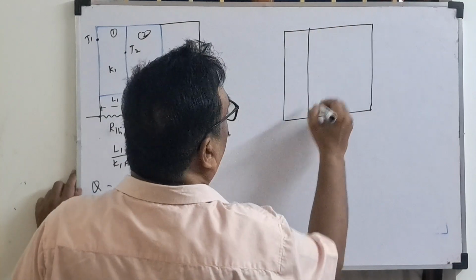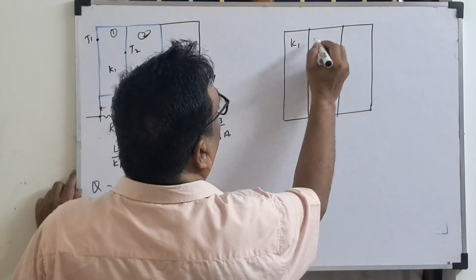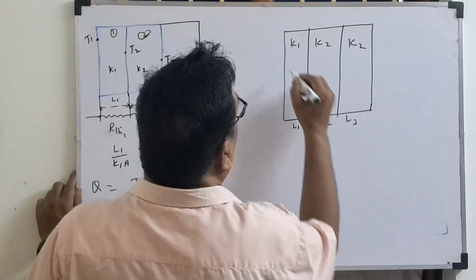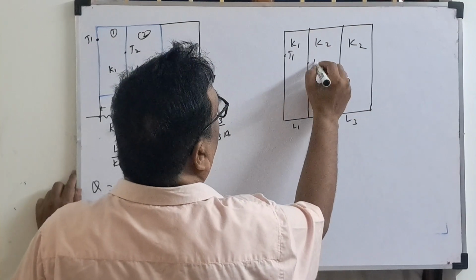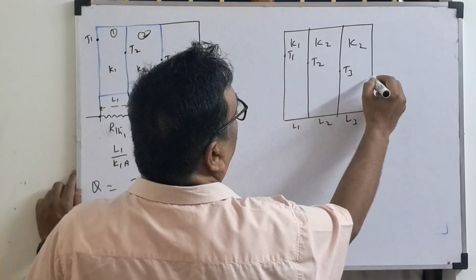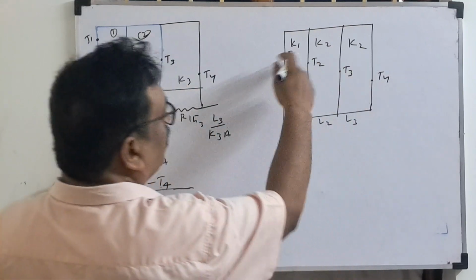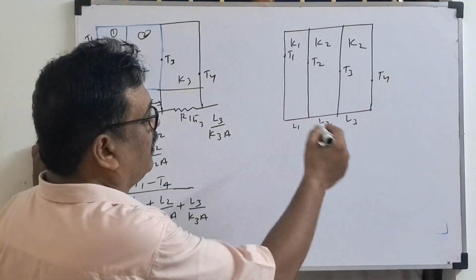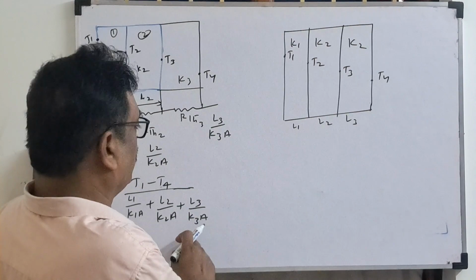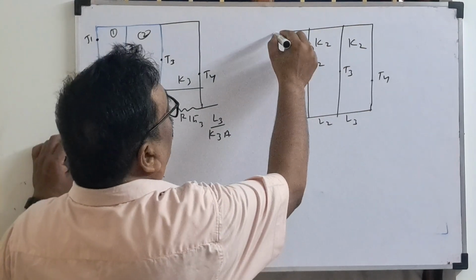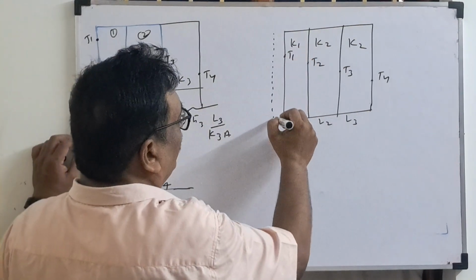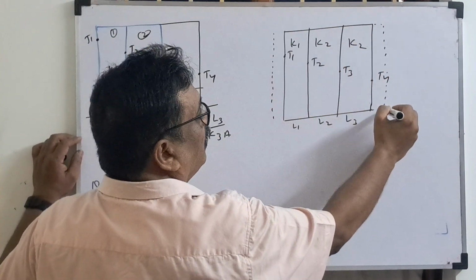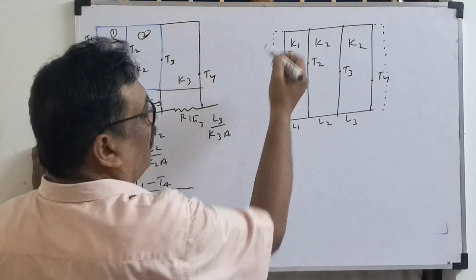Assuming the three walls, the conductivities will be different. The thicknesses are L1, L2, L3, and the temperatures will be T1, T2, T3, T4. These are the temperatures for the inner surface and outer surface. Suppose here conduction, this heat flow formula will already be there. If the inner wall also has a convection part, like hot air, hot water, or an oil film,